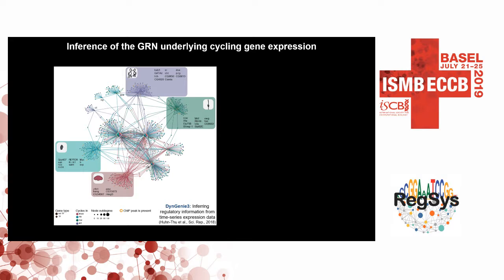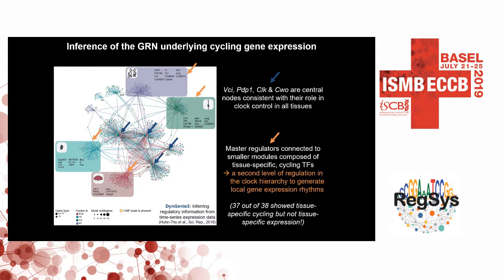And again, this is a complex plot, but let me please guide you through it. What you need to appreciate, hopefully, is that there are 4 main hubs here in this network, which are indeed consistent with their role in clock control in all tissues. These are the genes. So this is what you would expect. But interestingly, all of those nodes are now connected to smaller modules, which are highly tissue specific, and are also composed of cycling transcription factors themselves. So this suggests that there's a second level of regulation in the clock hierarchy to generate local gene expression rhythms. So central regulators are collaborating with local regulators to induce circadian gene expression, but